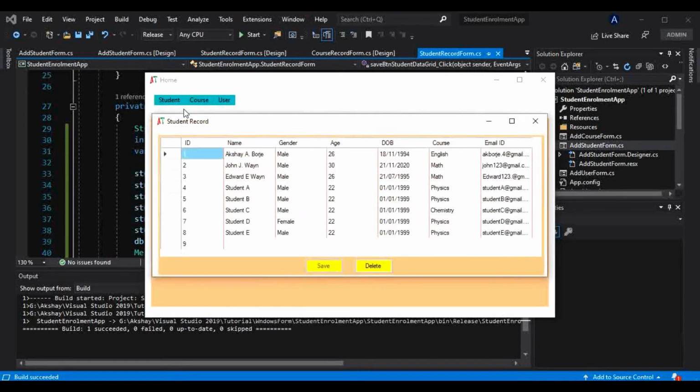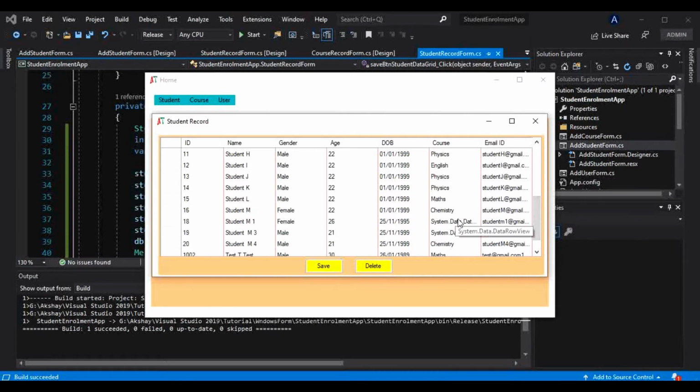Okay, so let me go to students, and now if you notice, this save button is disabled. So I can click on this delete, but I cannot click on this save here. But as soon as I go and edit that, you will notice that the save button is enabled again here. So now we can edit this, and what we want to edit here is this course, which was mistakenly added as an object. Okay, so now let's say I want to make that maths. And here as well I want to make something like, let's say, physics maybe. Okay, and let me save that.